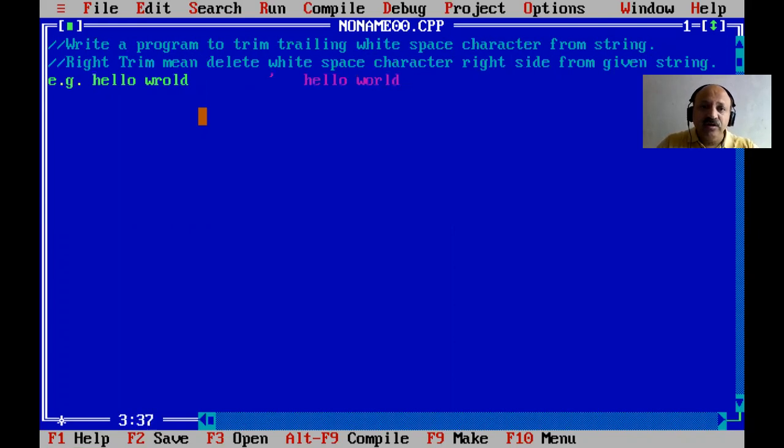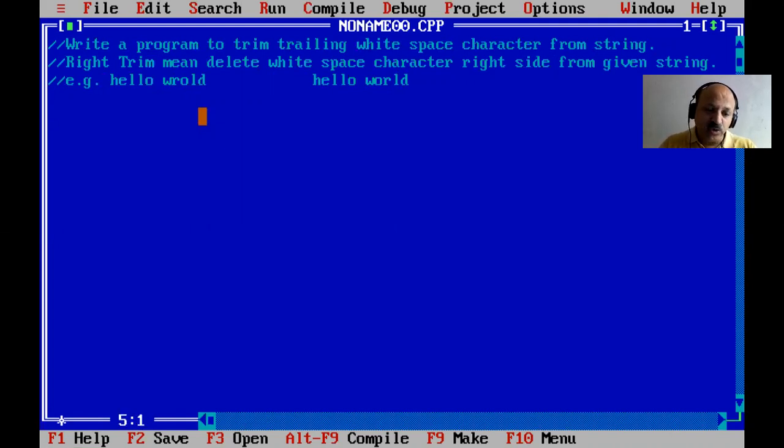So all that white space is removed from here to here. So here we can remove that many characters. So that is right side trimming. Yes, now I can remove this. So that is our input and output. So that is a right trim, removing trailing white space character from the string.